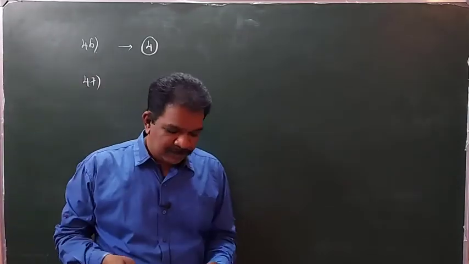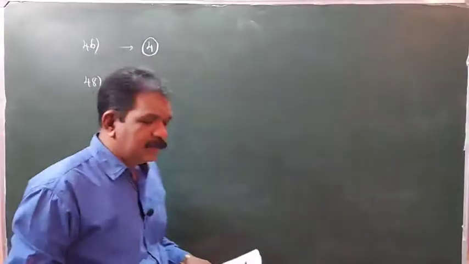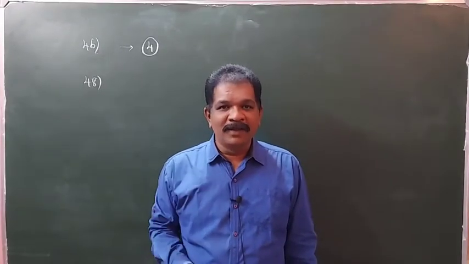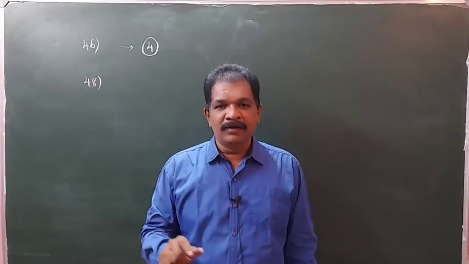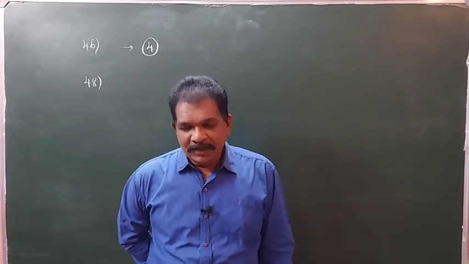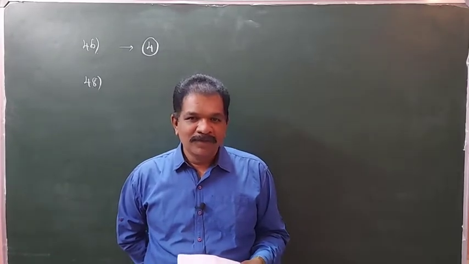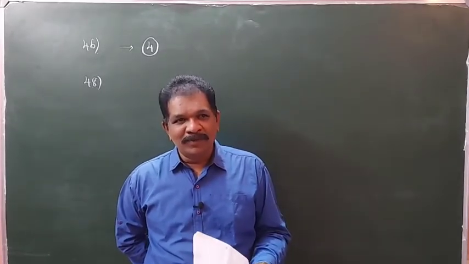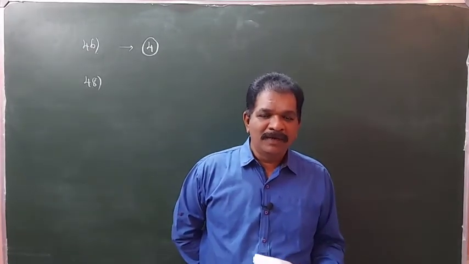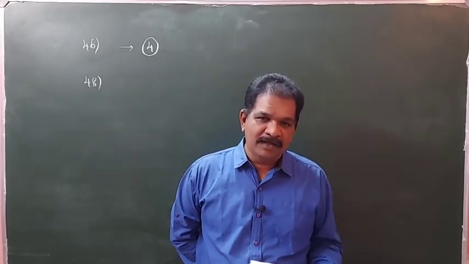Question number 47, no need, it is a graph question. For 48, see what they are asking. In any question, if "all the above" is there, blindly go to that. That will be the answer. In general, 99% of the time that will be the answer. Maybe to confuse you, 1 or 2 percent of the time they will give otherwise. But in general, if all the above is there, definitely that will be the answer.